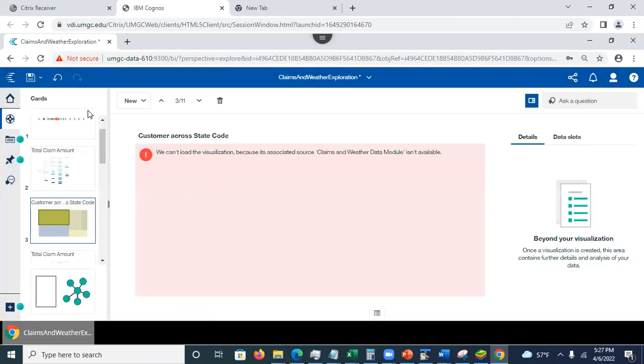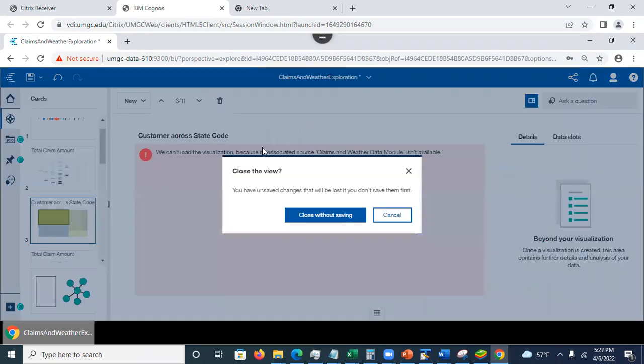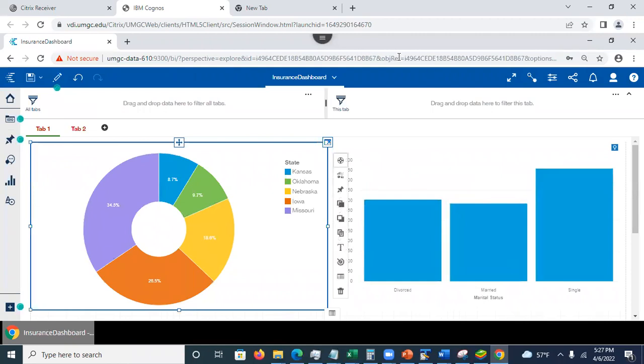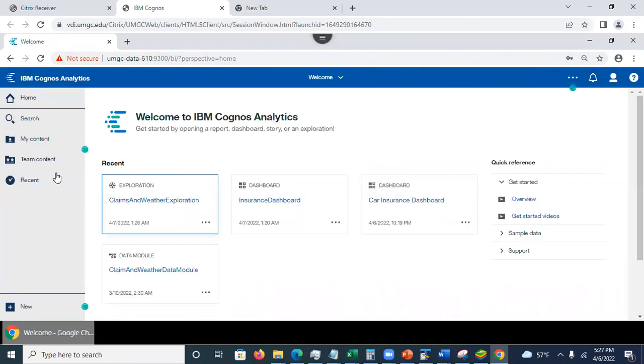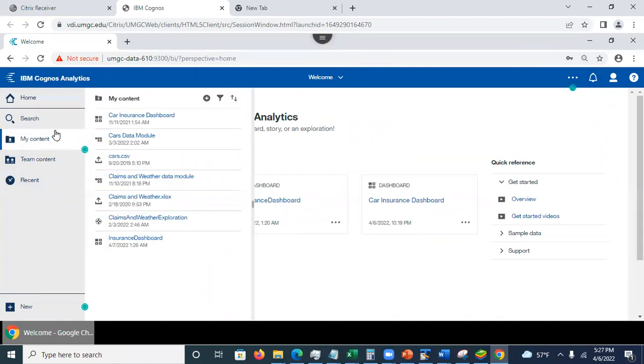Close. Okay, let's close this. Close without saving. Now let's go back to the welcome page. Okay, now I'm gonna go to my content and I need to be using this one, claims and weather data